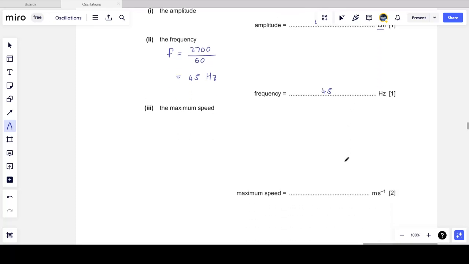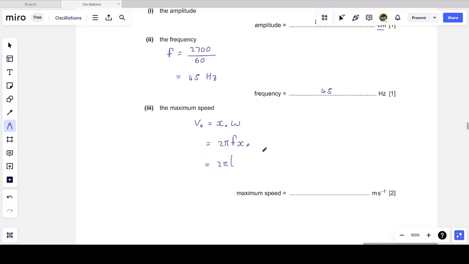Lastly, we want to find the maximum speed of the piston. Now the linear speed, we remember the maximum speed is the maximum displacement, the amplitude, times the angular frequency. V0 is x0 omega. I know the frequency, so I can replace omega with the frequency. So this is 2 pi times the frequency times the amplitude x0, which is 2 pi,